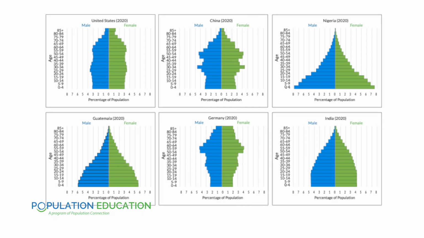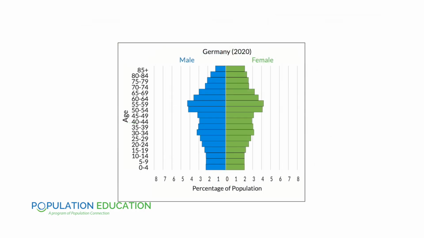Let's take a look at all 6 of the countries your students will graph in this lesson. Based on Nigeria's pyramid shape, we were able to infer that it is growing. Which of these populations do you think is growing at the slowest rate? The answer is Germany, which is actually experiencing negative population growth. We can tell because of its pyramid shape. In fact, it has kind of an inverted triangle shape. The largest age demographic is people in their 50s, and the smallest age demographic is people who are not yet biologically able to have children. So by the time they can have children, there is a smaller reproductive cohort than there was in years past.